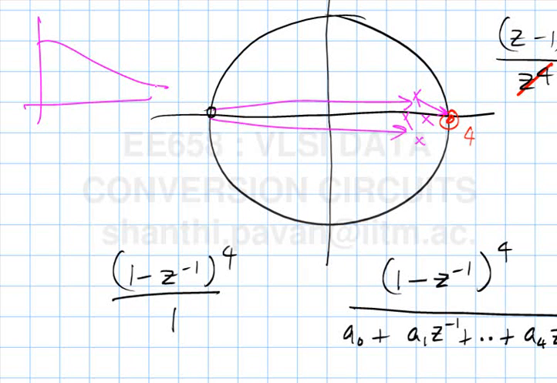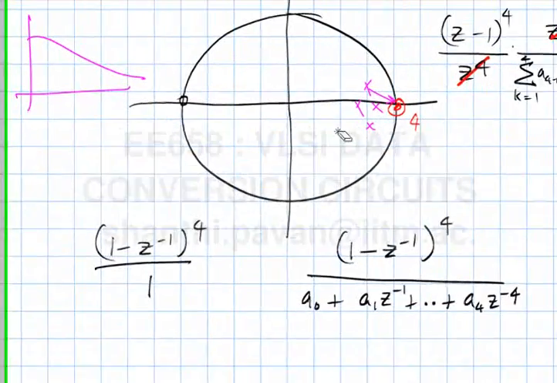So the gain at omega equal to 0, which is z equal to 1, must be larger than the gain at omega equal to pi or z equal to minus 1, and clearly that is the case if the poles are pushed towards z equal to 1, as you can simply convince yourself by drawing those vectors. Okay, the question is why did you choose a fourth order polynomial, why not a fifth